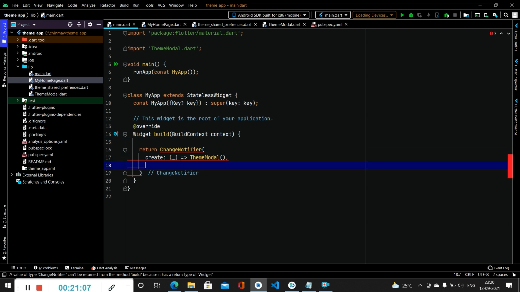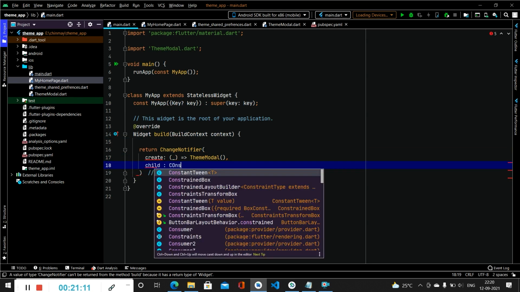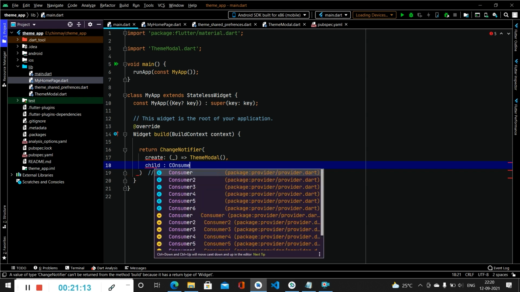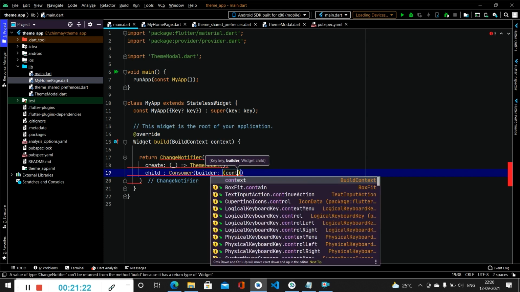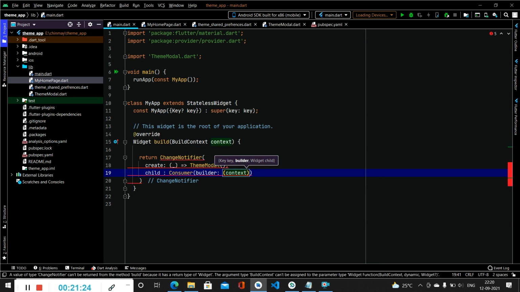After theme model, we have to call the child as consumer. Inside this, we have to specify the builder as context, theme model, and we will be creating the variable name as a theme model. Then we have to simply specify the child.